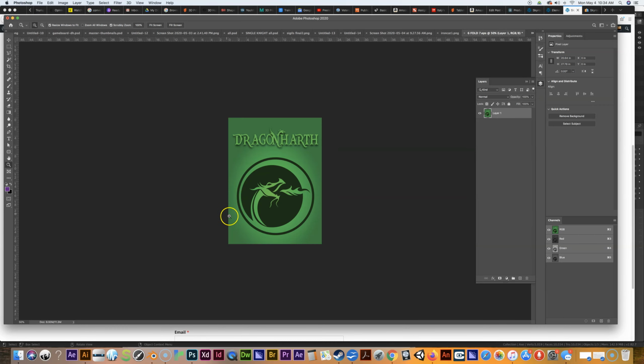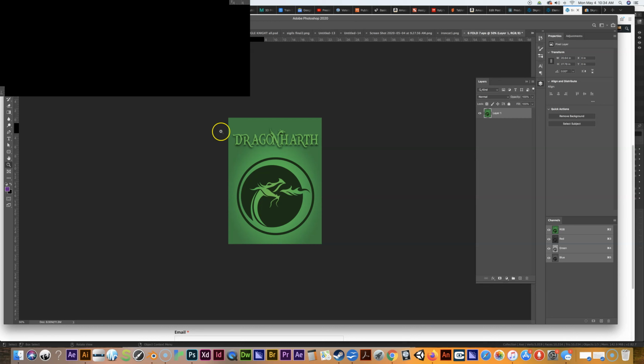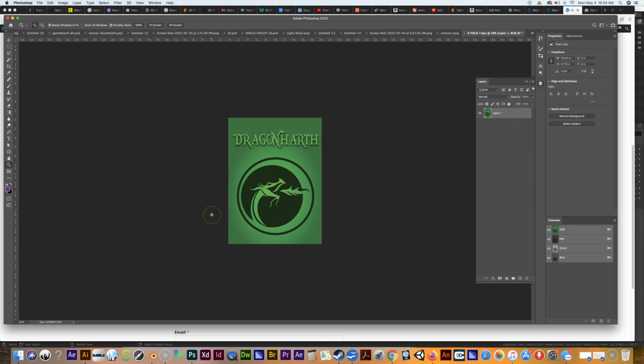And of course, I'm going to have to figure out what's going on with this gradient. I could kind of cheat. I think there's a way to cheat and put maybe black on either side of this. And that might look kind of weird too. We're just going to have to see. So in other words, let's start by selecting the darker green color and swapping it so it's the back color, and then